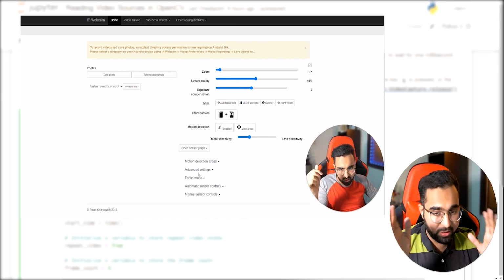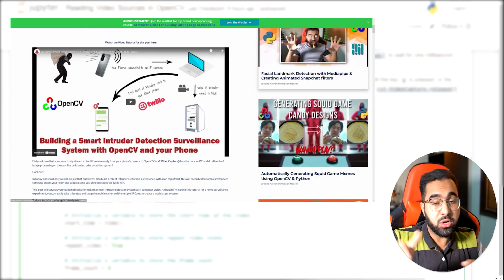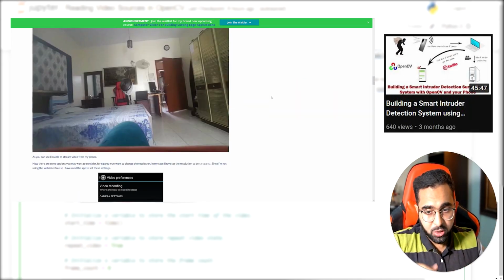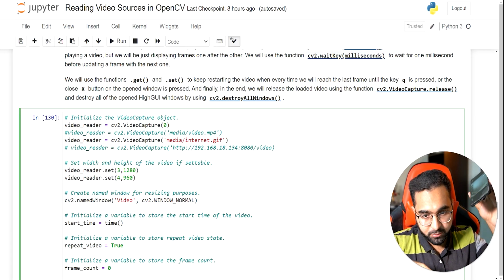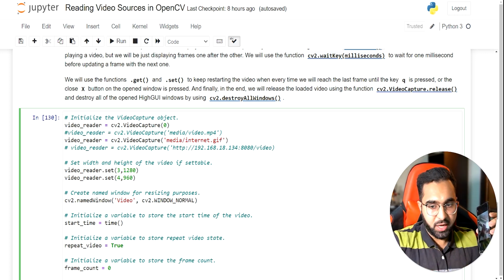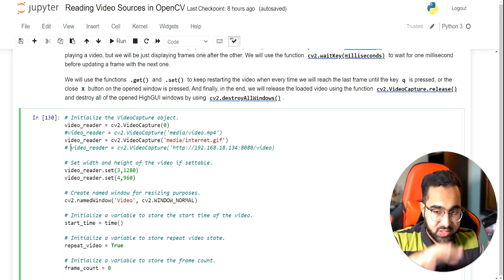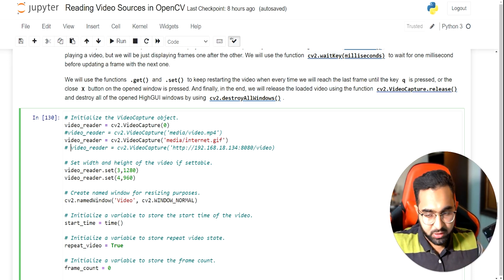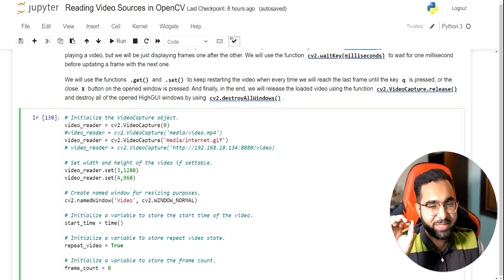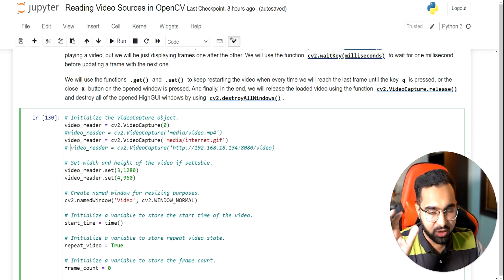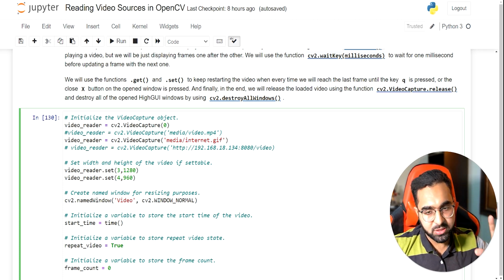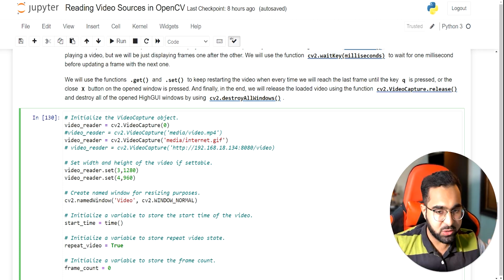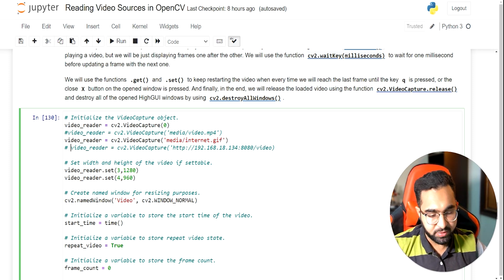I have also explained all of that in detail in a blog post and also in a video tutorial. So go ahead and watch those to fully understand how to install that IP application inside your phone. This way your phone will become a live camera that you can access in OpenCV here. Similarly, you can do the same thing with an actual IP camera, and you can stream it live in your OpenCV stream. The only thing that is somewhat difficult is to figure out the protocol, the exact stream URL that you will need. But once you've done that, you're all set to read that stream in OpenCV.